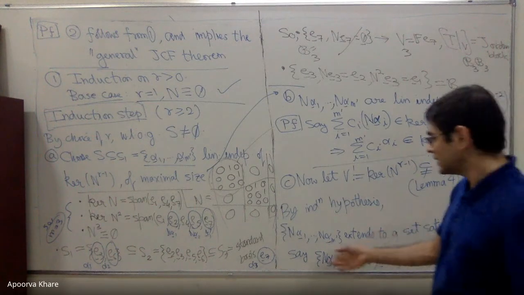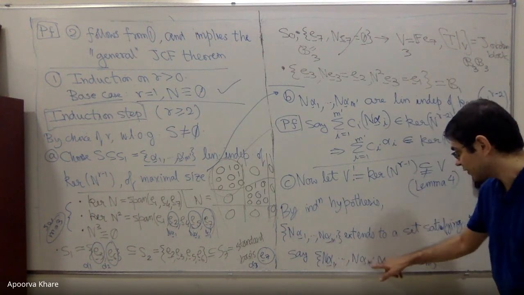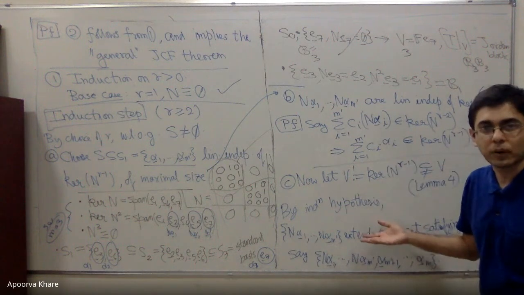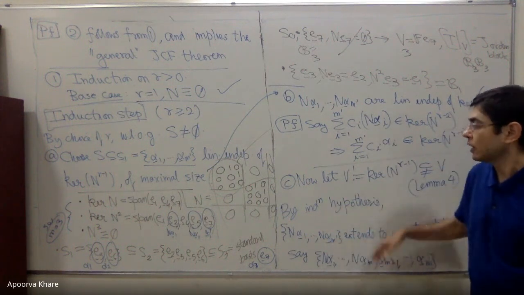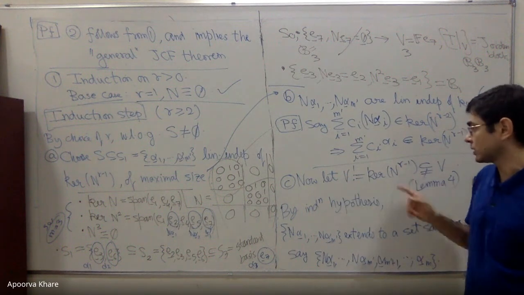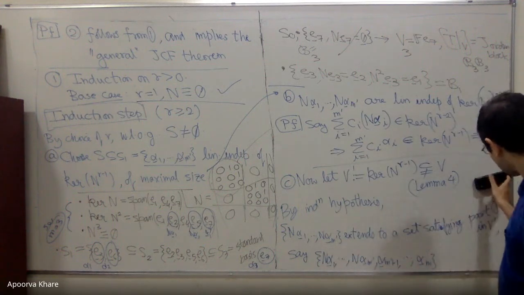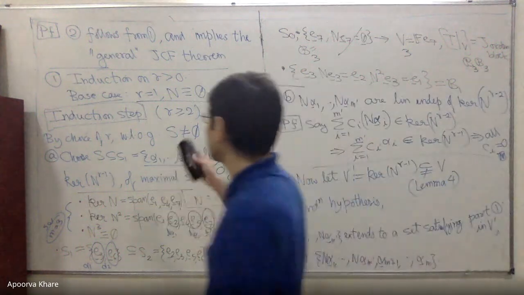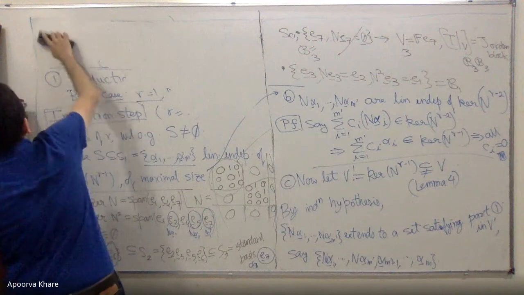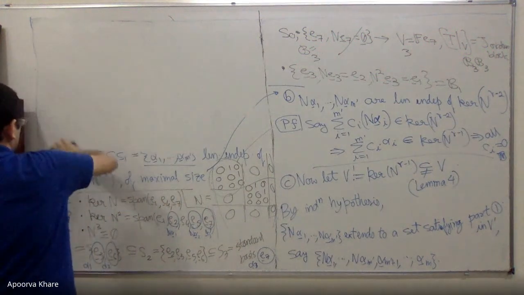And now the claim obviously is that alpha 1 through alpha m, not the n's, but these, remove the n's here, these alpha 1 through alpha m prime and the rest of them up to alpha m, is the desired set for property 1. We know that we could produce such a set for the smaller dimensional vector space by the induction hypothesis, because it has a smaller nilpotence degree as well. But now we will say that in fact removing these n's here gives you the correct desired set for the whole space. And once you prove that, you're done. That's the induction hypothesis. So part 1 is proved, and as I said, part 2 follows from it, and therefore